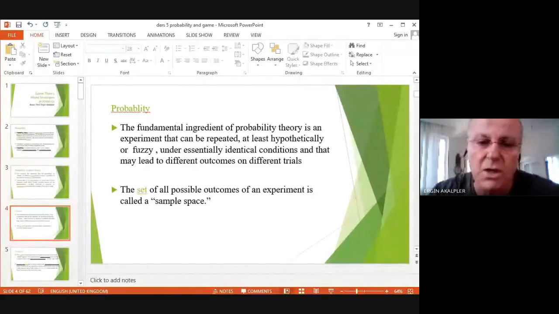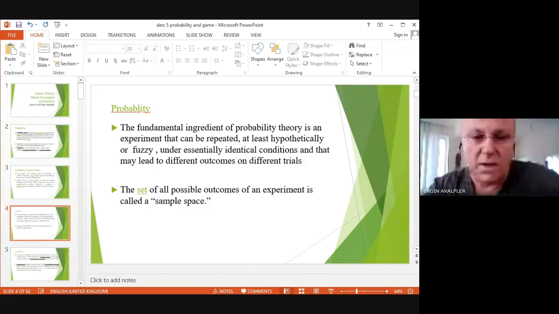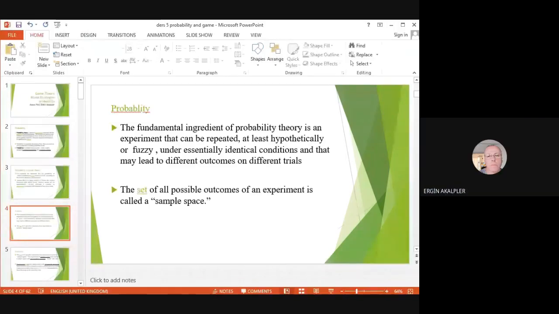probability application, you are expecting to increase your expected outcome, as we are doing in the multiple choice. As much as the questions increase, your expectation to get more is probably increasing. It will then give you more comprehensive preferences in this direction. And the set of all possible outcomes of an experiment is called the sample space. Therefore, this is a very important part of this probability